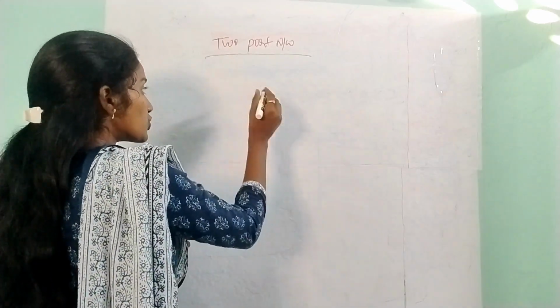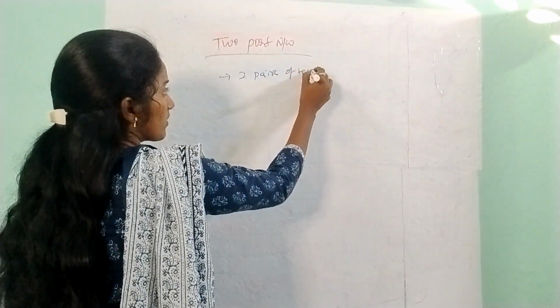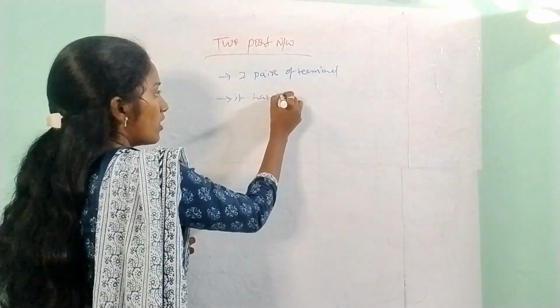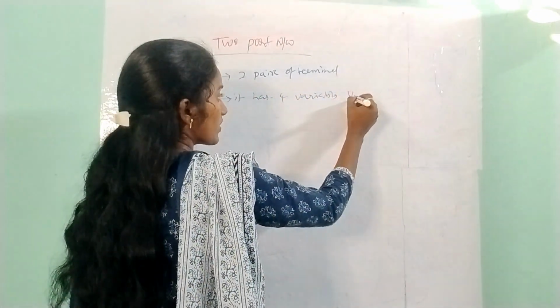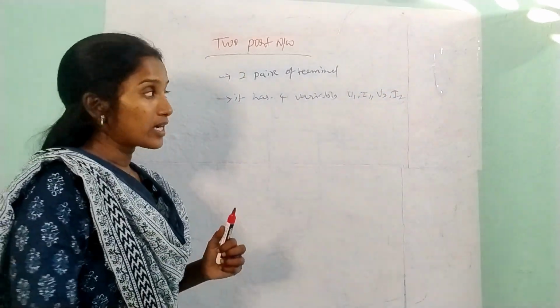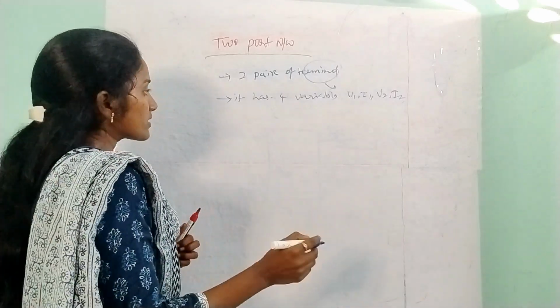ద 2-port నెట్వర్క్ ఇట్ షుడ్ హ్యాస్ ద 2 pairs of terminals. Okay, and it has the 4 variables. Those are V1, I1, V2, I2. Okay, means each terminal has one variable. Okay, so another thing is